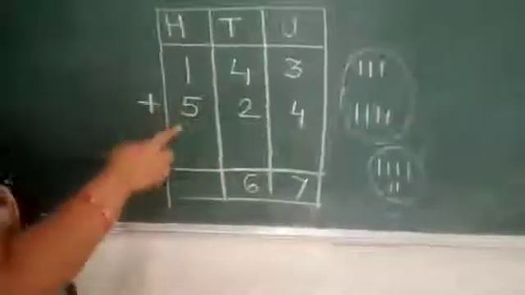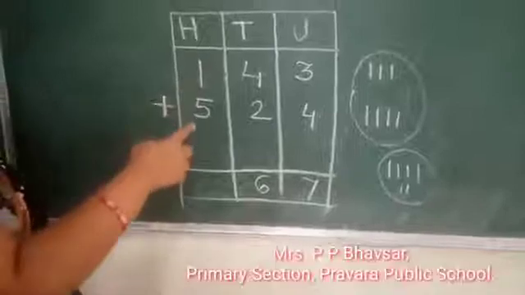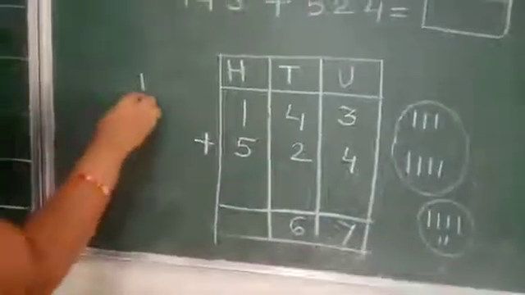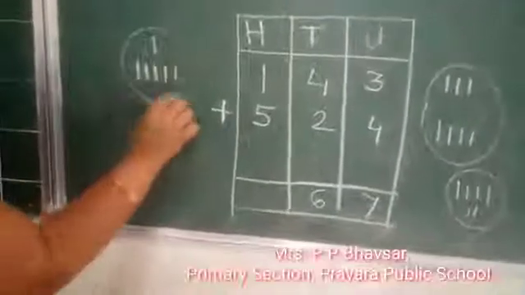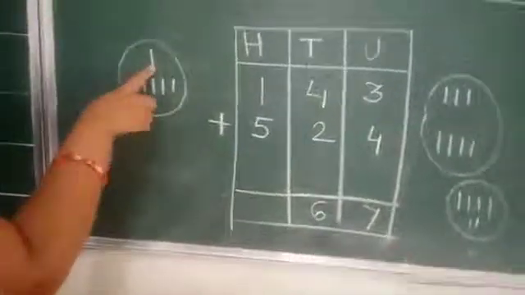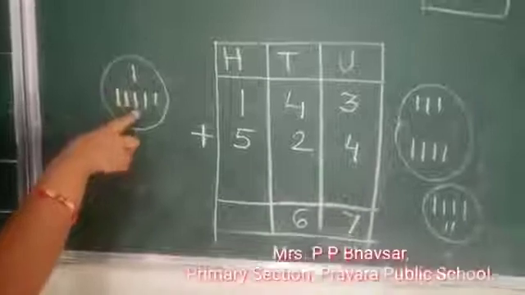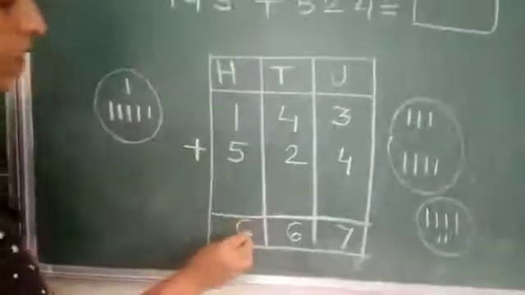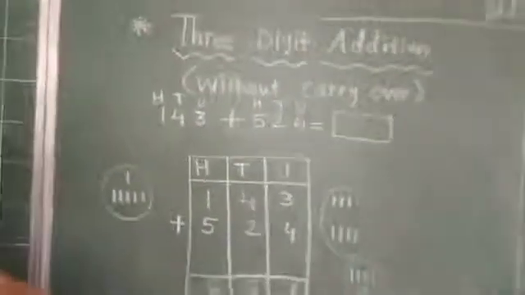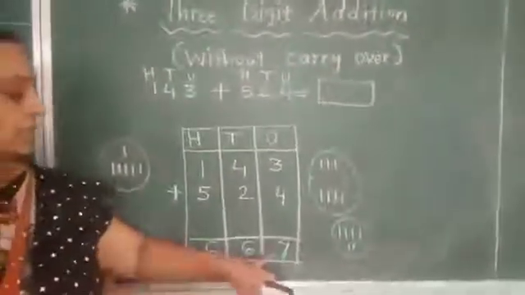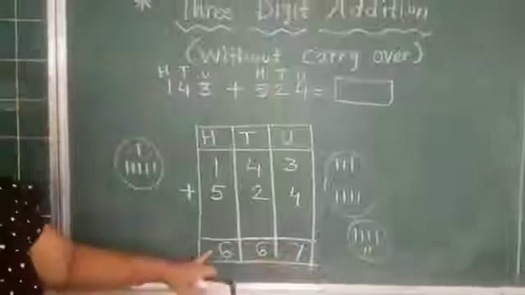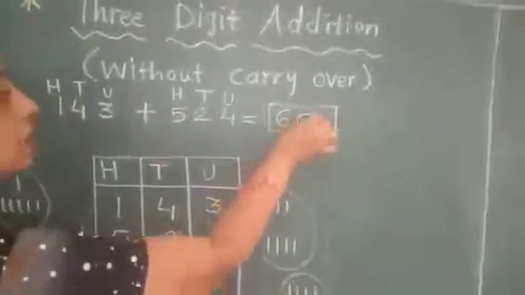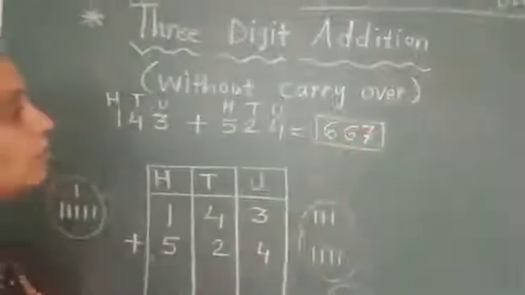Now 100 column. 1 is there and 5 is there. Then this 1 and this 4, 5. We will count it together. 1, 2, 3, 4, 5, and 6. Then our answer is 6 here. Now see the answer, 667. Then this answer we will write here, 667. Then our example is